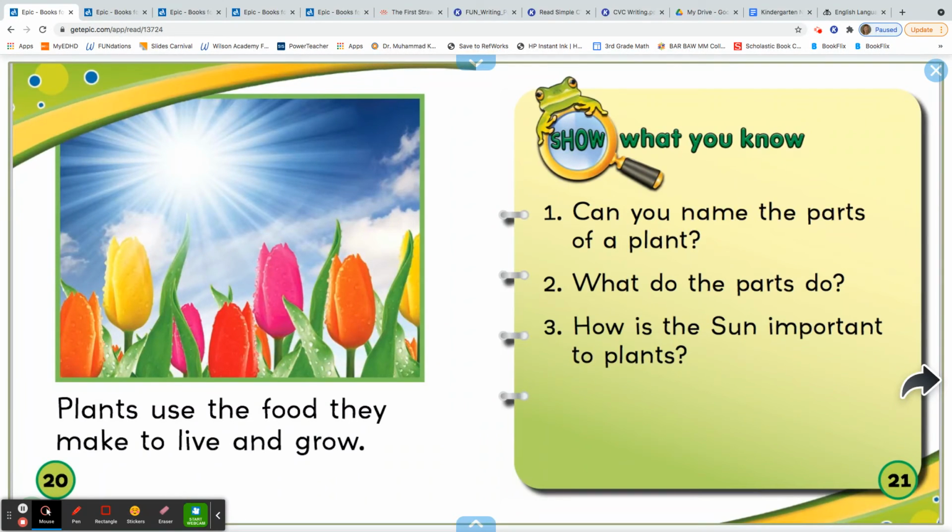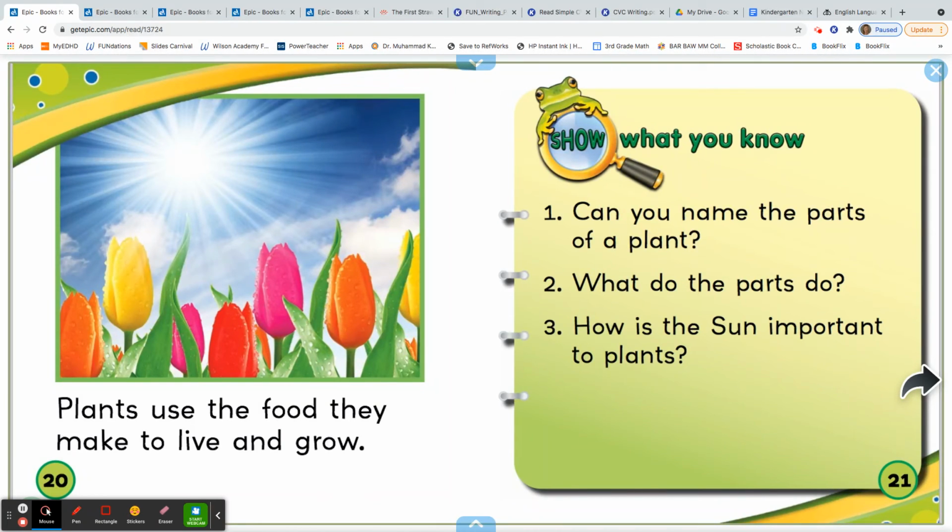Oh, I'm glad you're back. I hope you mentioned something like the roots carry nutrients, they help the plant to grow, that the sun is important because it helps plants make their own food. Anything like that would have been a great answer, or maybe you even said something else with your learning coach, and that's okay too. For my last question, I want you to answer,